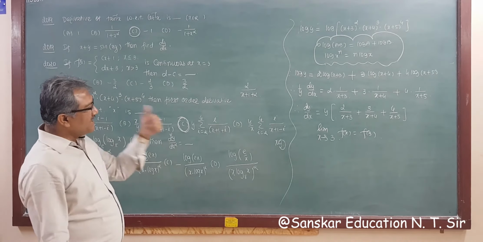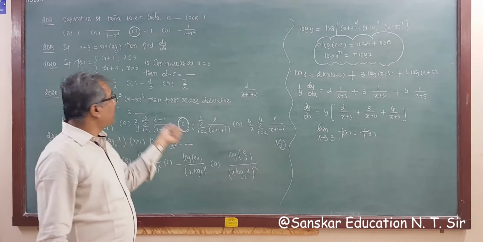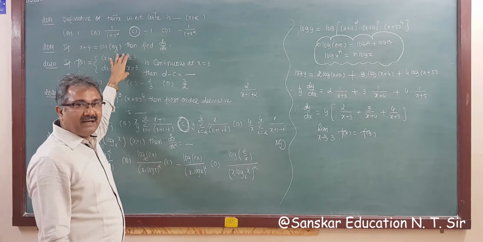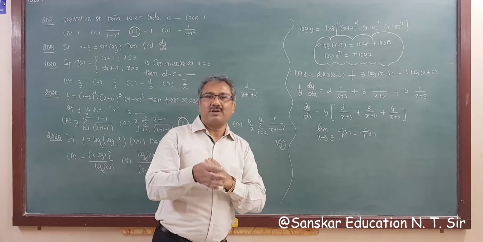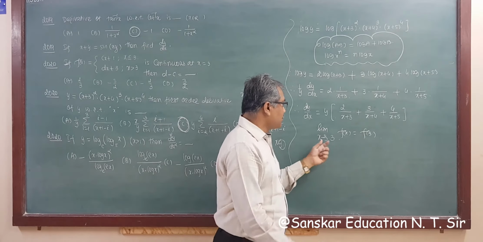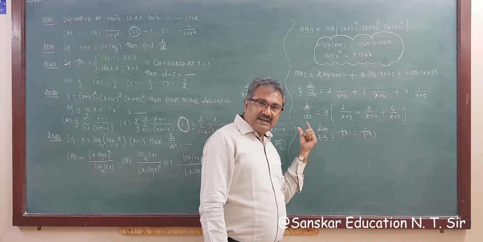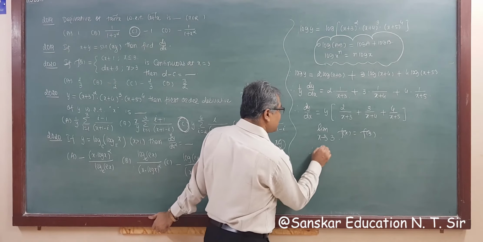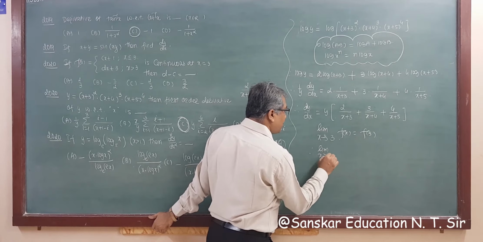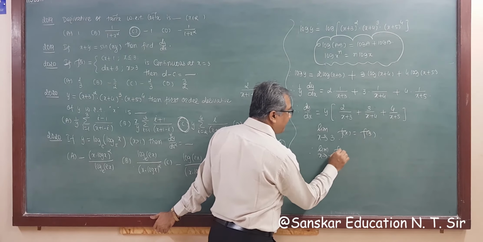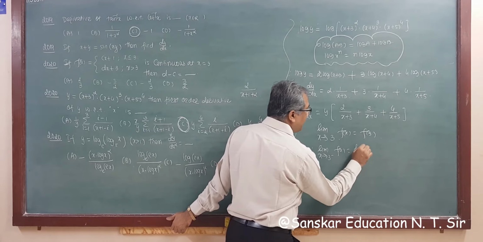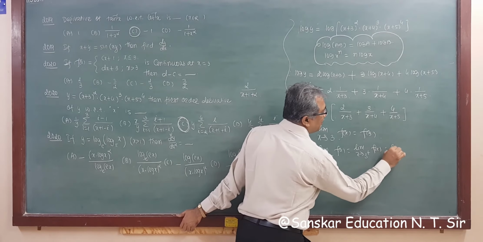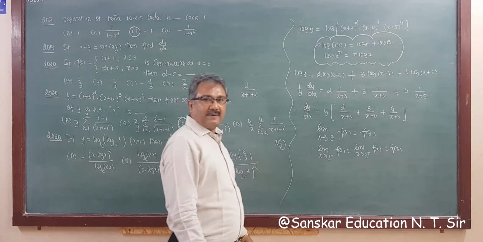Now you have to consider the left hand limit and right hand limit, because the value is not properly given here; the function is given for x less than or equal to 3 and for x greater than 3. So we know that the limit exists if the left hand limit and right hand limit are equal, that is, limit as x tends to 3 from the left of f(x) is equal to limit as x tends to 3 from the right of f(x), which is equal to the value f(3). This is our statement, right?